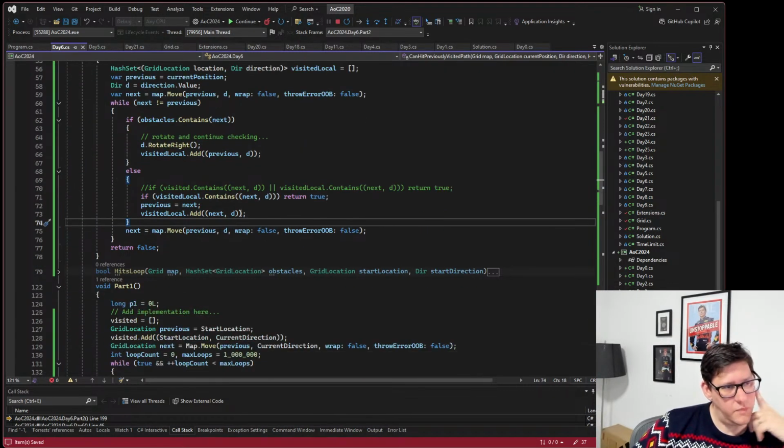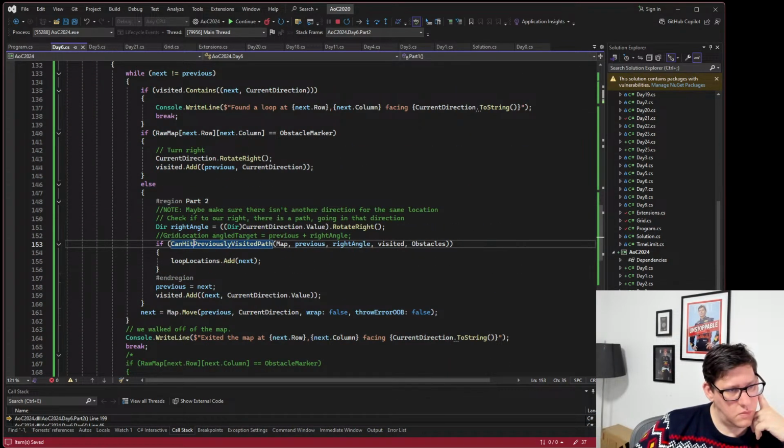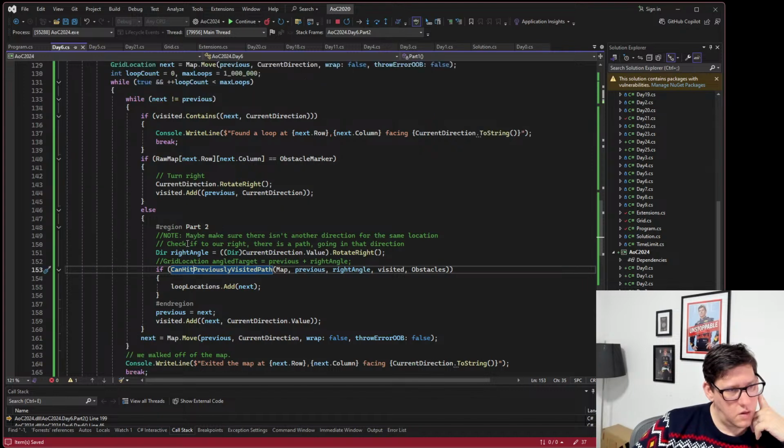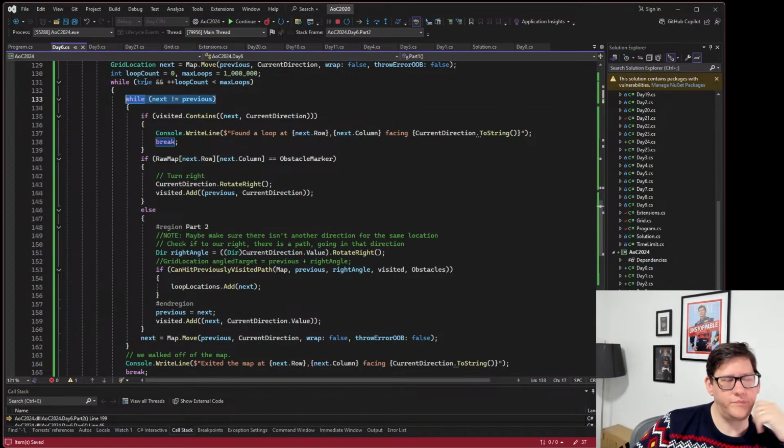Because basically, the logic train is here. Okay, we're at one point, we can still move forward, because if we go out of bounds, these are equal to each other. I make sure that there's no obstacle marker at the next point. So next would be one of the targets to place the block. So at that point,